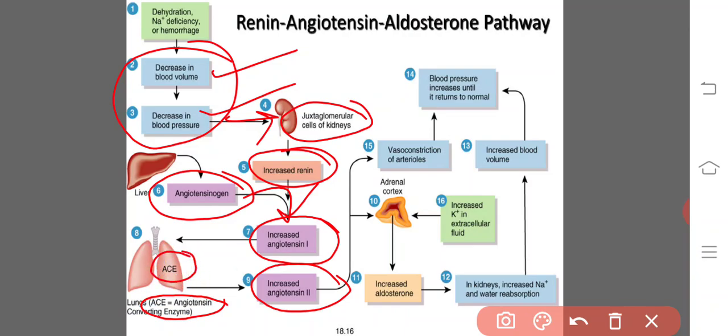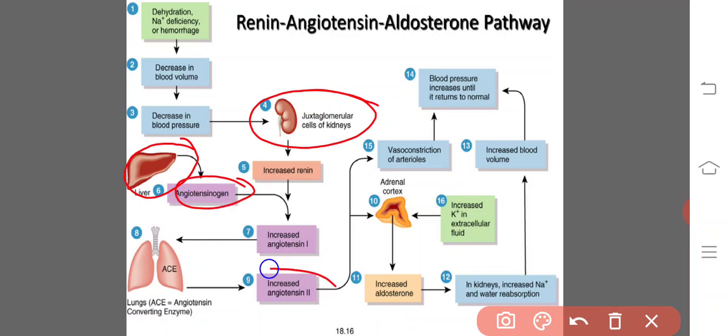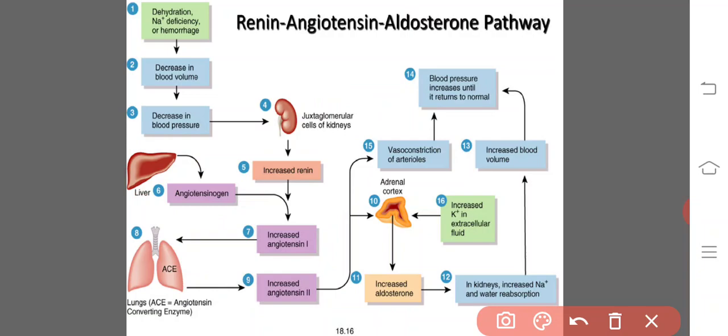See, renin is produced by the kidney. We have to remember the source of the hormone. Renin is produced by the kidney. It acts on angiotensinogen, which is produced by the liver. Finally this angiotensinogen is converted to angiotensin 2. For the conversion of angiotensin 1 to angiotensin 2, it requires the angiotensin converting enzyme, which is produced by the lungs. Thereby this angiotensin 2 acts upon the adrenal gland, which is located on the dorsal side of